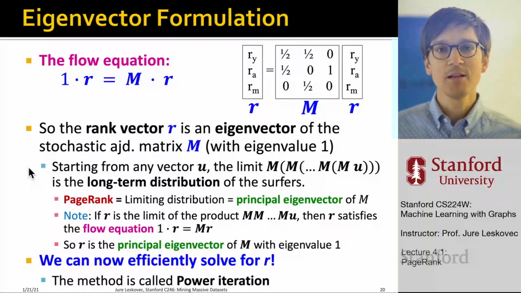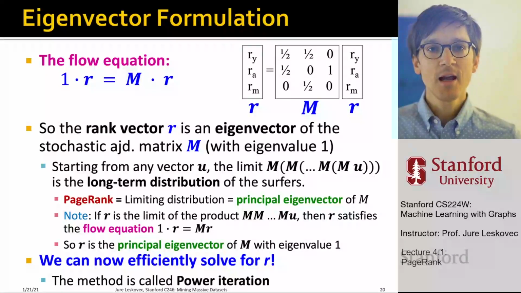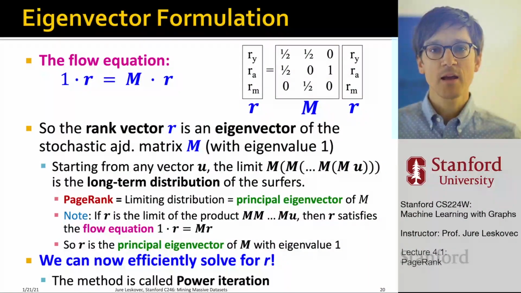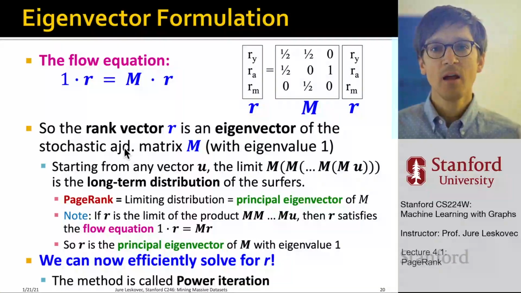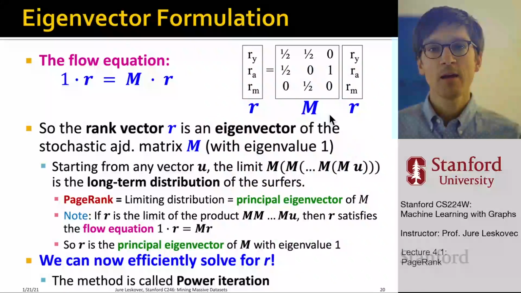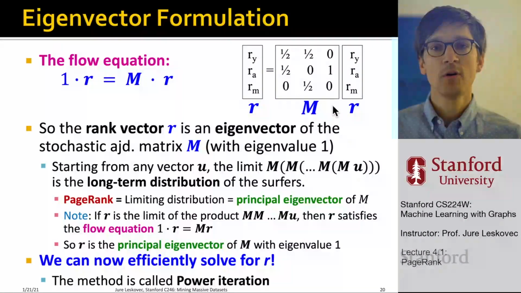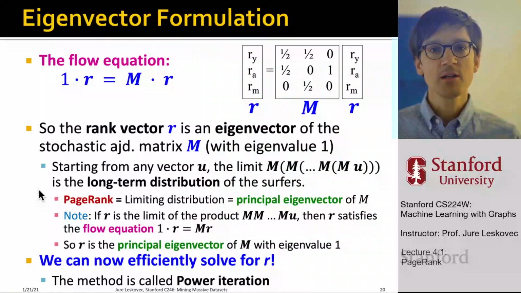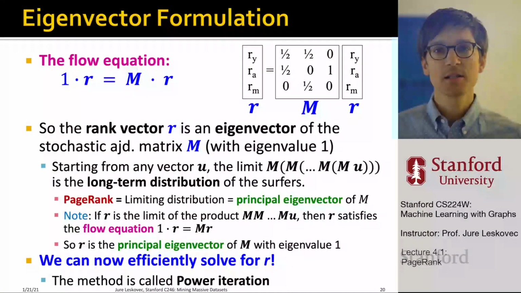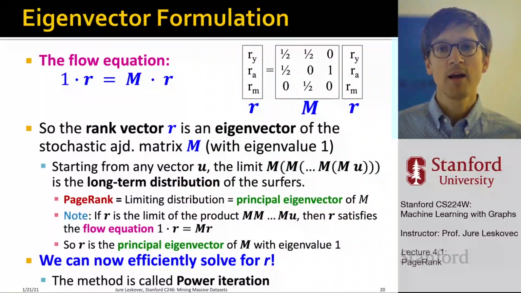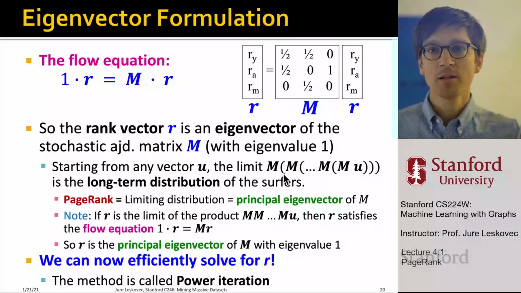And now, what is the intuition of the eigenvector? The idea is that imagine you start from some vector u, and you want to compute the product of M times u, then times M, times M, times M again. So basically you are just taking u and keep multiplying it with M over and over again. So the question becomes, if u is a starting distribution of the random walker, what is the long-term distribution of where the surfer is going to be in my network? If you are multiplying with M, essentially you are making the surfer keep surfing around longer and longer.